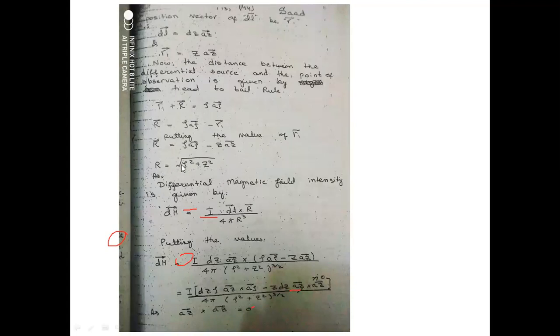Now the magnitude of r is the square root of rho square plus z square. The differential magnetic field intensity dh, according to the Biot-Savart law, is equal to